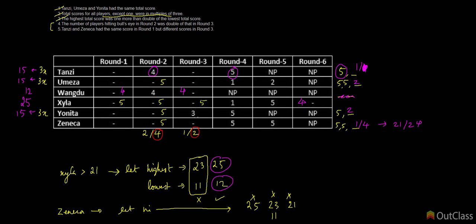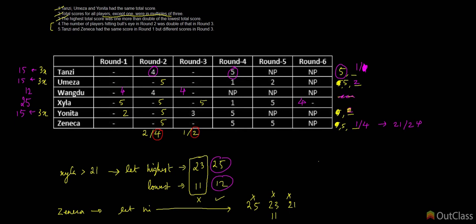What else can we write at this point? We have written this 5, so the last one should be a 2. So that part is done. We have written one of the 5s, so there's a 5-2 left in the second row. Now we have also written a 5 for Zenaka, so we have a 5 and a 1/4 left in the